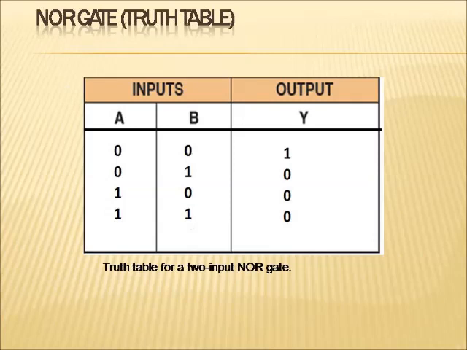Okay, here you can see the truth table for a 2-input NOR gate. So it is clearly, you can say, NOR gate is the negation of an OR gate. It produces 1 when both values are zeros. So in the case of an OR gate, it produces 1 if all the input values are zeros. Okay.